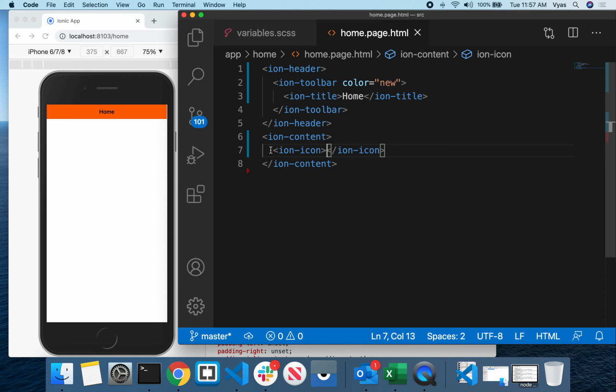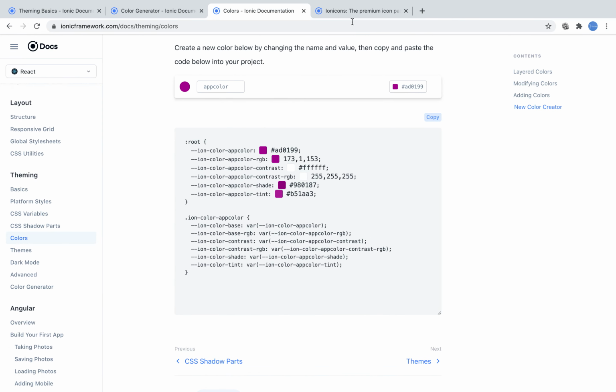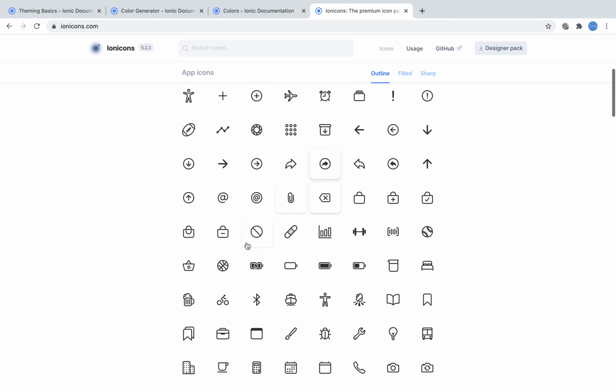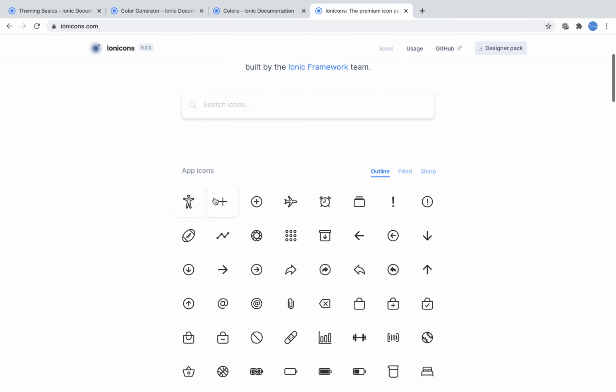Okay, so when you want to display the icon, there is no need for us to download the icon from some website. Ionic itself has some predefined icons. There is a set of SVG icons which are already available in the Ionic framework. So when you want to display the icons here, simply go to the Ionicons website, ionicons.com. Here there are already some icons defined.